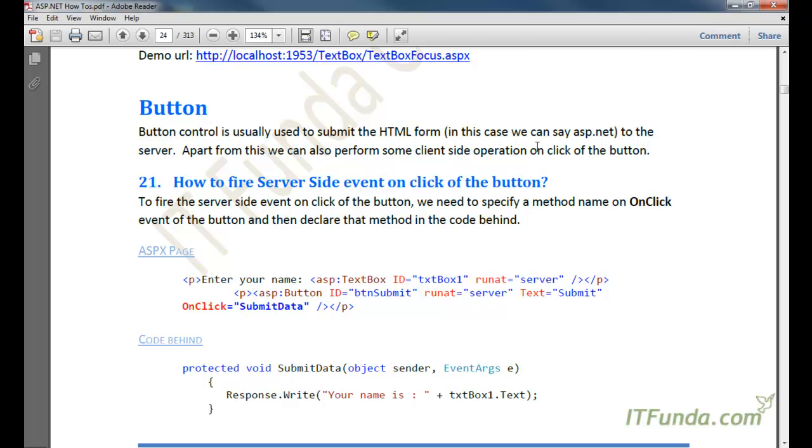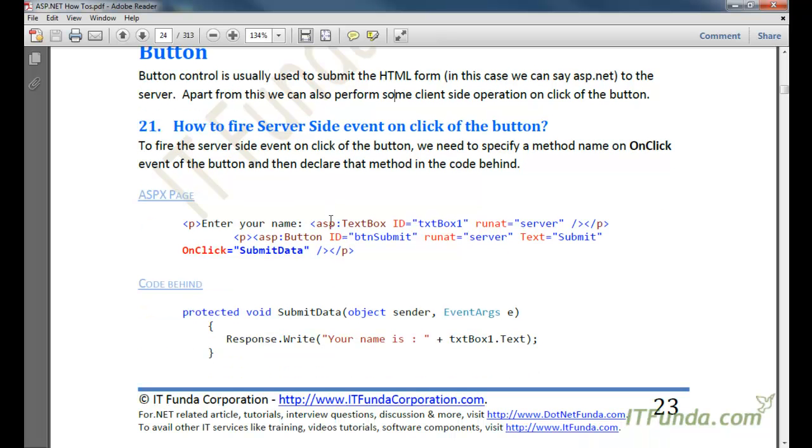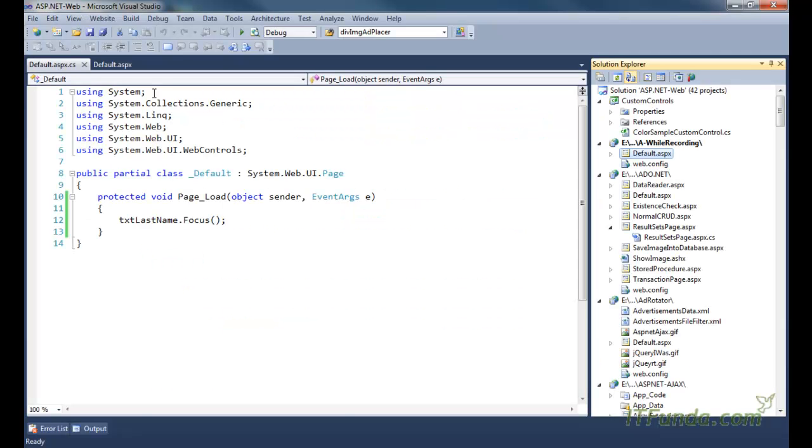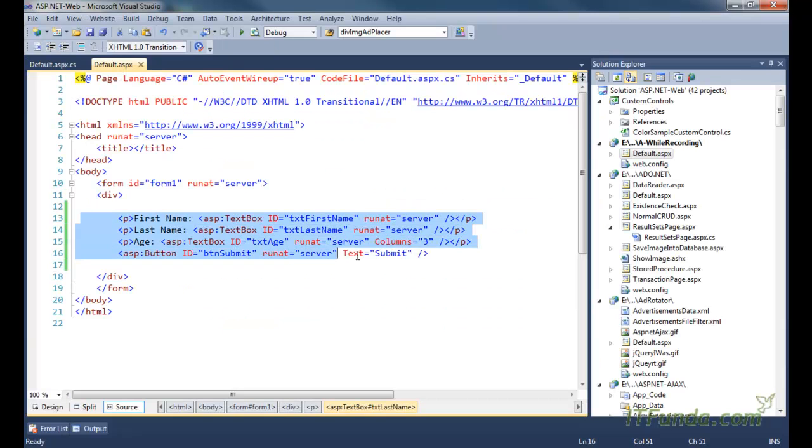Apart from this, we can also perform some client-side operation on click of the button. For example, when the user is clicking any button, then you want to show any pop-up or any alert, then that kind of operations you can do using the button control. Let's see this example. So here is the code of my ASPX page. I'm copying this and pasting into this ASPX page here,